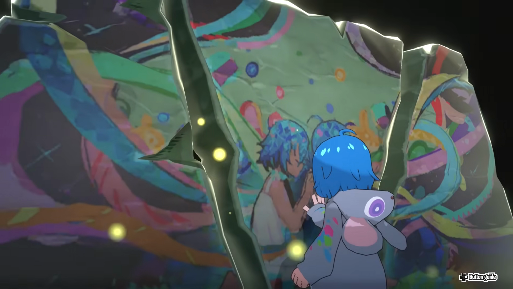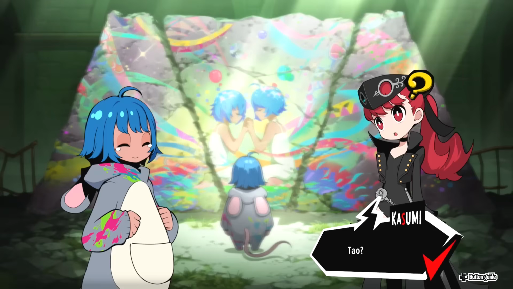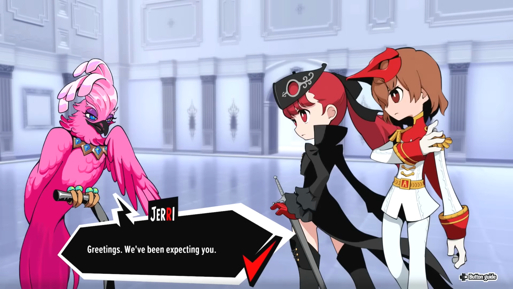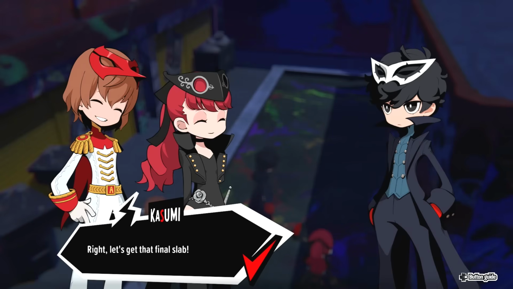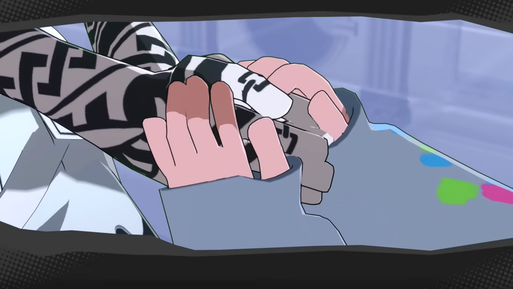Luca absorbs the mural into herself and believes that with its power, we should be able to get through to Guernica, whose real name is Tao by the way, and break Jerry's grasp on her once and for all. So the gang breaks into Jerry's lair, which by the way is this pristine white palace, which I think creates a really nice contrast to the dark paint-covered streets,